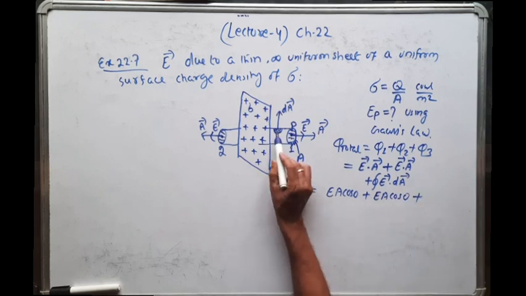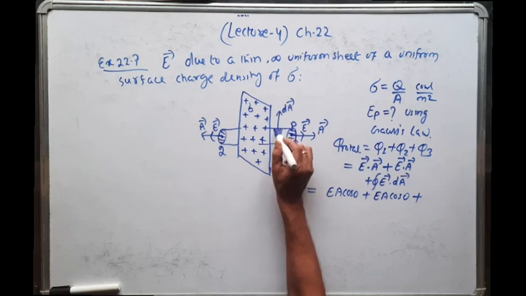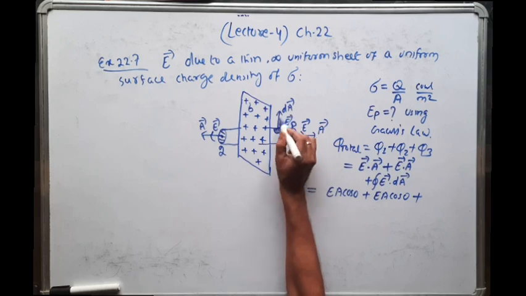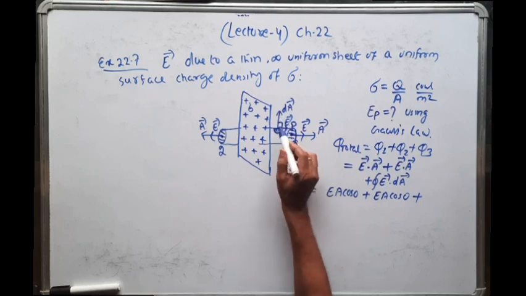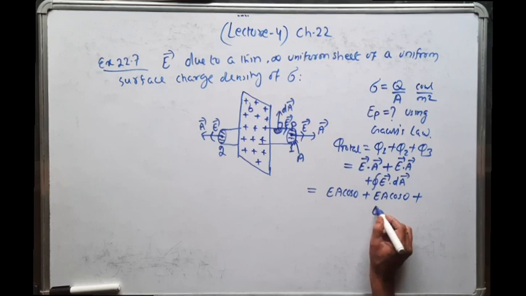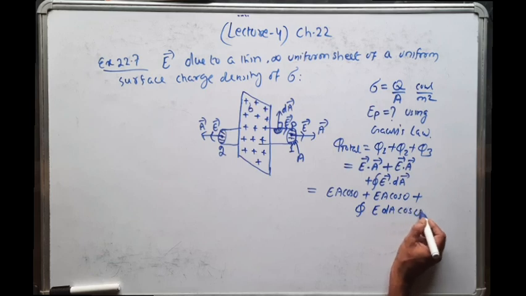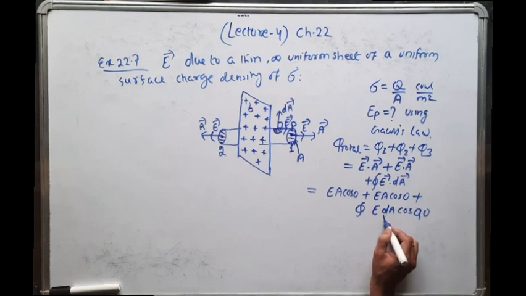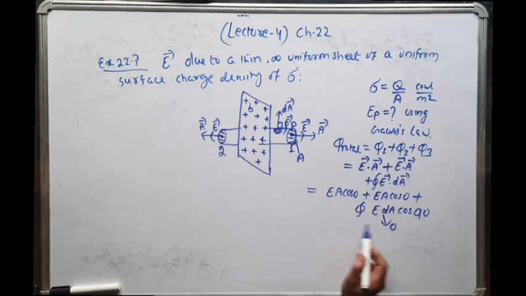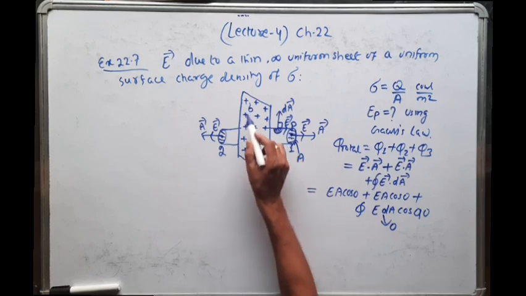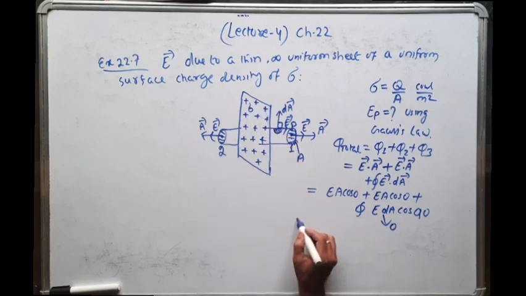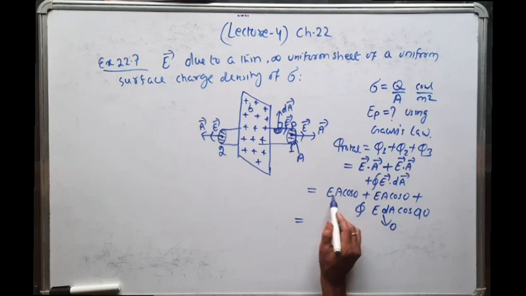But what about the third surface? Here you see the electric field intensity at this point is away from the plate. So this is your E and this is dA. What is the angle between E and dA? That is 90 degrees. So I can write here it is the surface integral of E dA cos 90. Cos 90 is 0. So this third term is equal to 0. That means the flux through the curved surface due to this charge plate is equal to 0. So cos 0 is 1, EA plus EA, that is 2 times E into A is equal